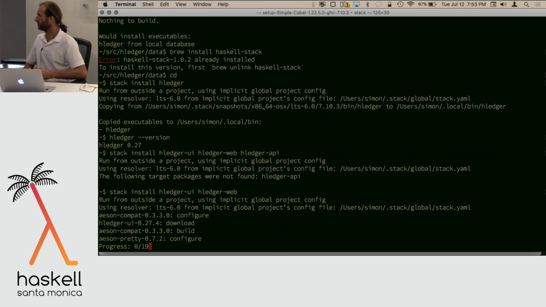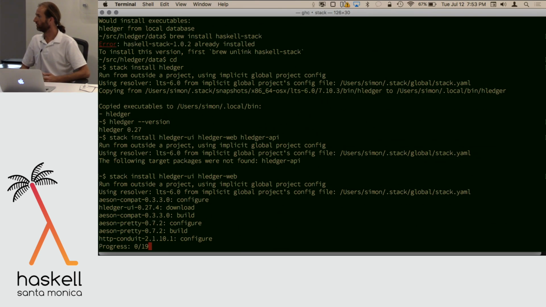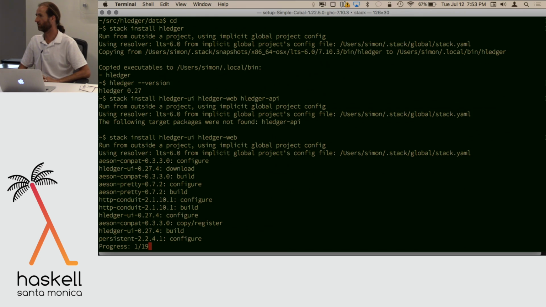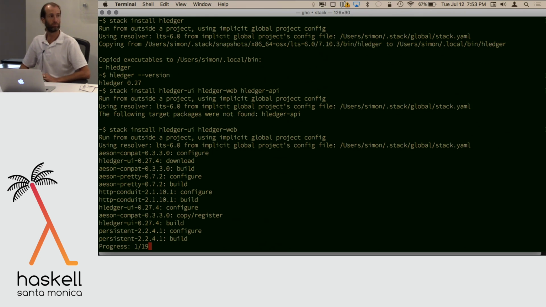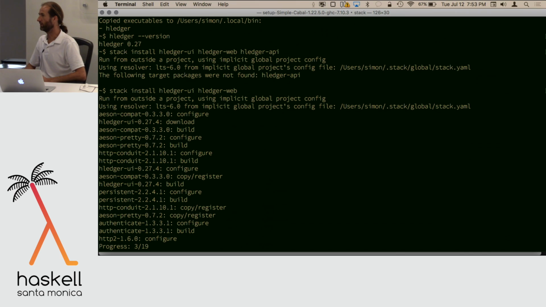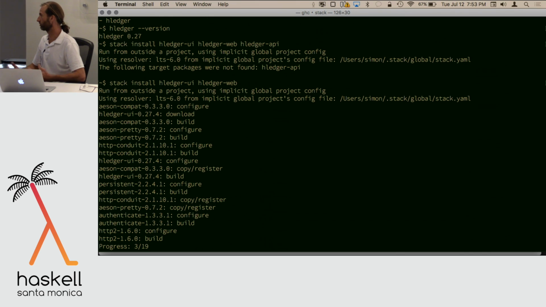So if you're doing this for the first time, as a first-time Stack user, this could heat up your CPU, could run for 15 minutes or so, because it's installing a lot of stuff. Maybe longer, depending on your machine. But it's something you can walk away from, and it'll basically pretty much work, which is great. You can kind of rely on it being repeatable, which is awesome. So while that's happening,